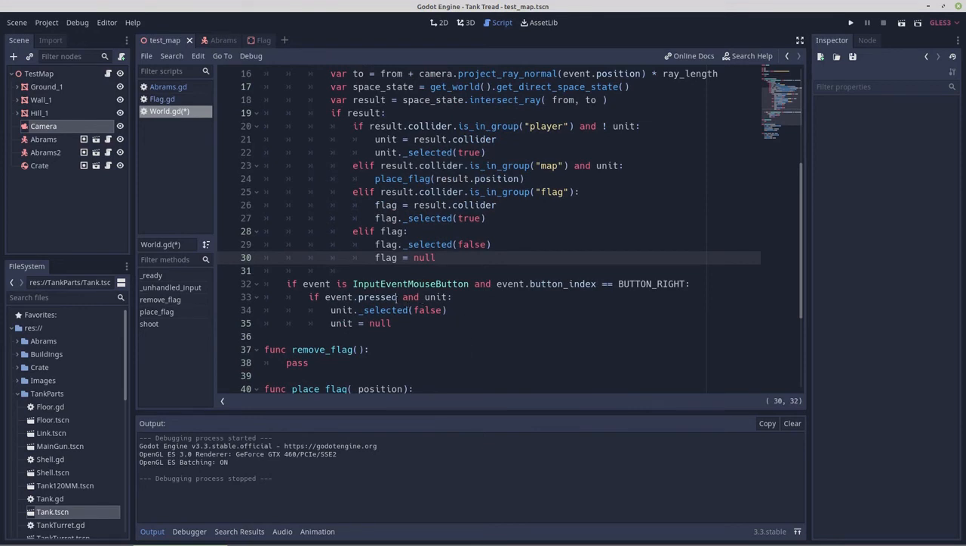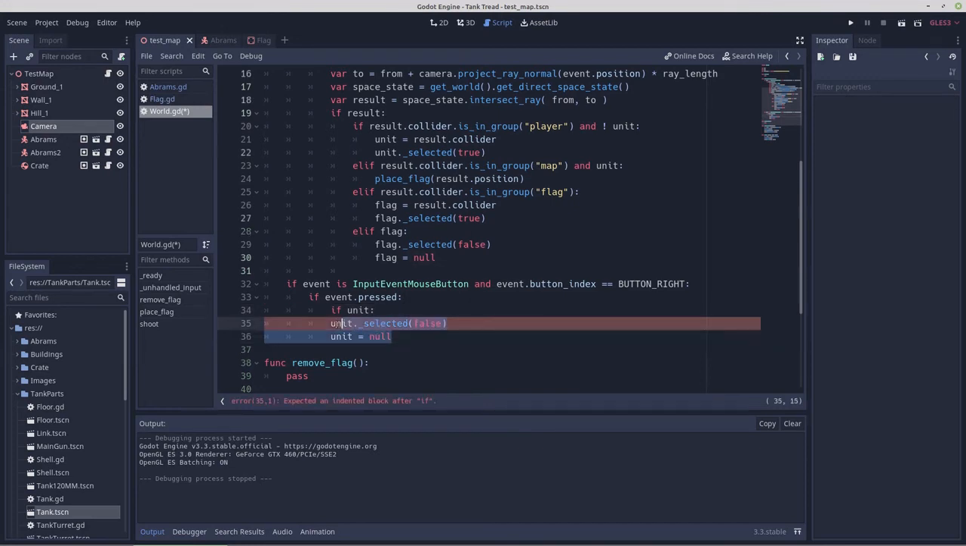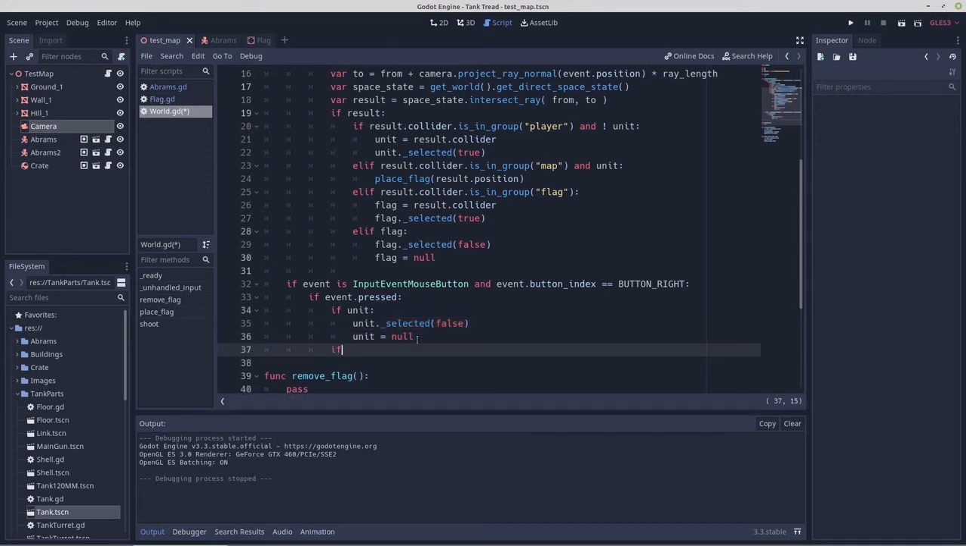Then if event pressed and unit, we're going to change this. We're going to go if event pressed, then we'll go if unit, and tab this in. If or elif, if flag, flag,